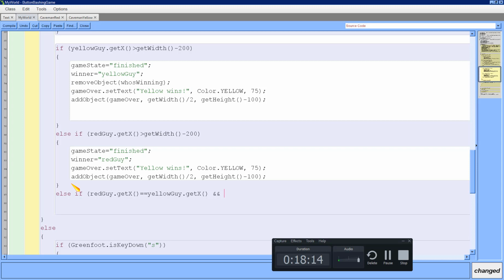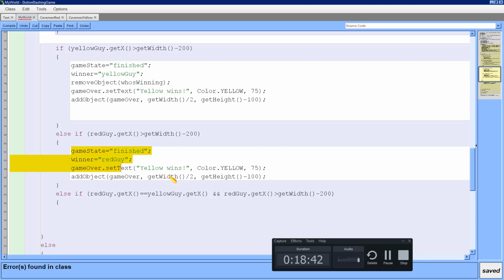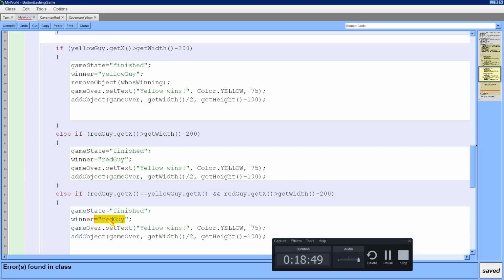So we'll just say red guy dot get x greater than get width minus 200. Okay, then I'm going to say game state equals finished, winner equals tie,